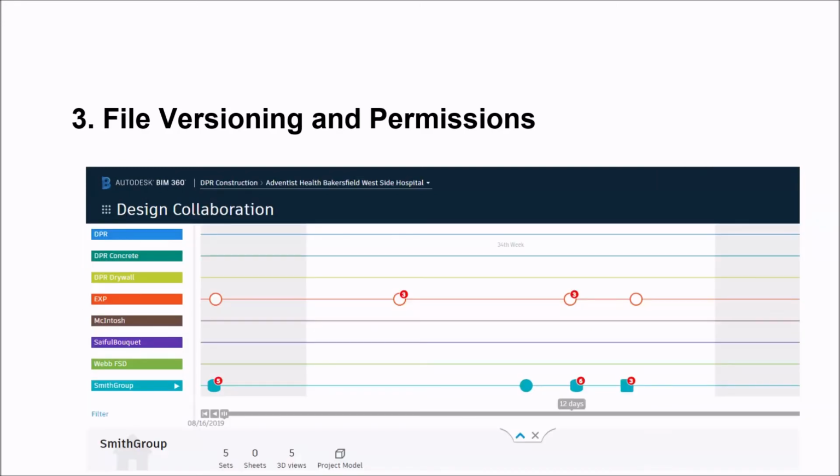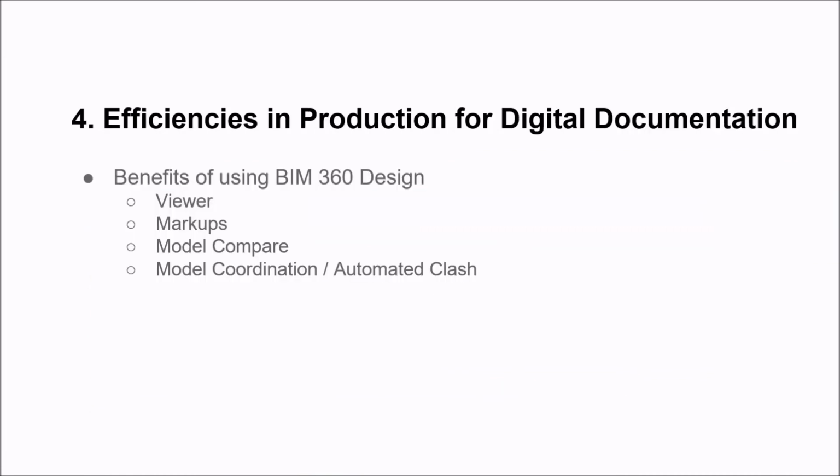The Design Collaboration tab also allows us to visualize information such as sheet issuances and which party issued what when, which can be another helpful way for those managing projects on both the builder side and the design team side. Previous lectures have already touched upon the general efficiencies of utilizing BIM over earlier documentation methods such as CAD. We have seen earlier in this lecture how those efficiencies can be further enhanced by having multiple different offices working together live on the cloud.